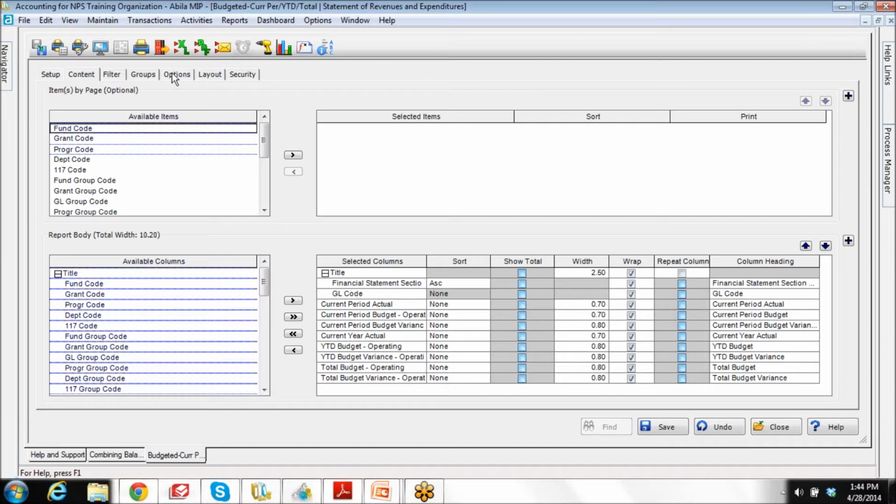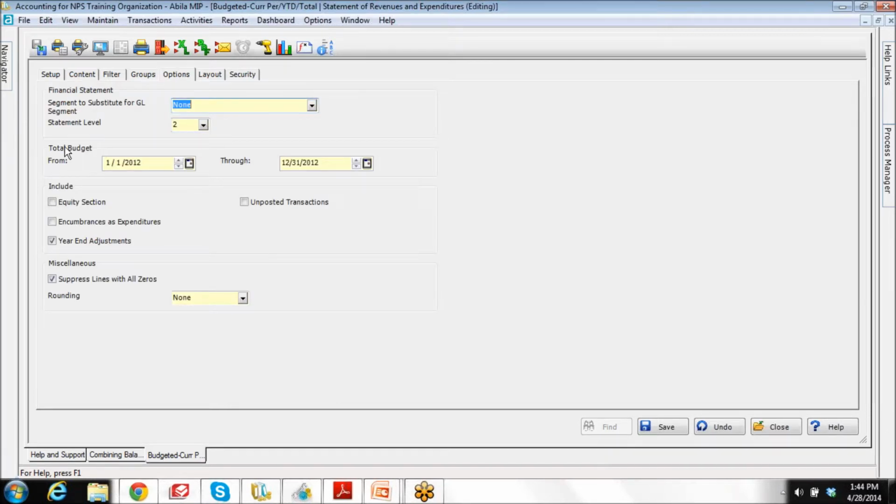And also what you have to be careful about on these revenue and expense statements when you're dealing with the budgets is on the options tab, there is a date range to include, to tell the system where to pull your total budgets from. Now remember, in MIP, you might be running a multi-year project, so you could have multi-year budgets, or it might just be a single-year budget, or it might be a grant year budget that differs from your organization fiscal year. So that's the reason that this date range is on the options tab, so that when